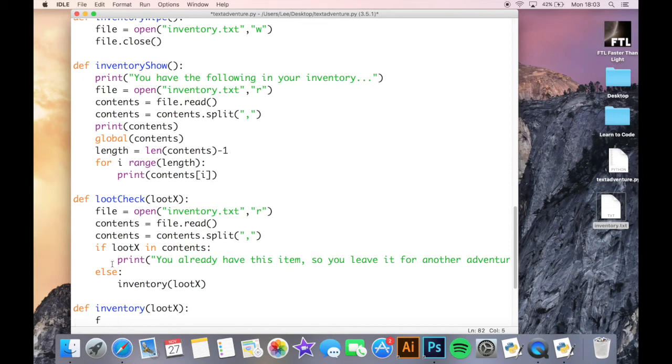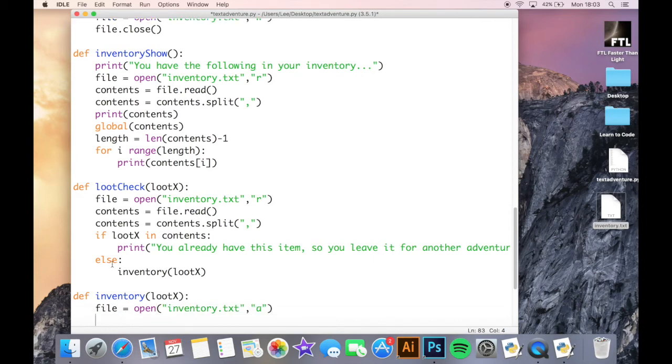So I do file equals open, and I'm going to open that inventory file again, inventory.txt, and I'm going to open it in append because I want to add something to the end of it. And then I'm going to use file.write. Plus